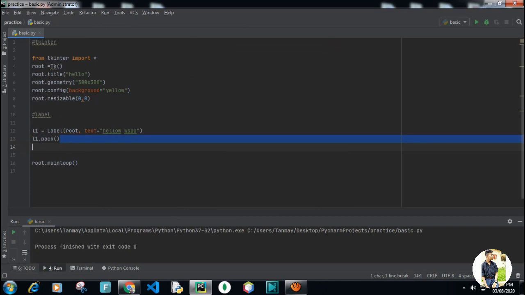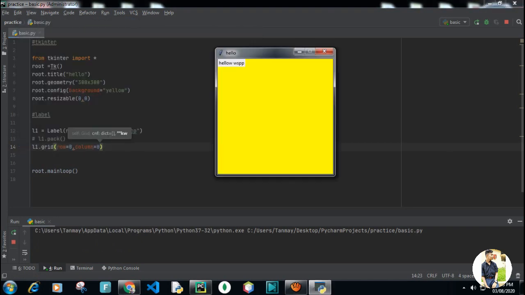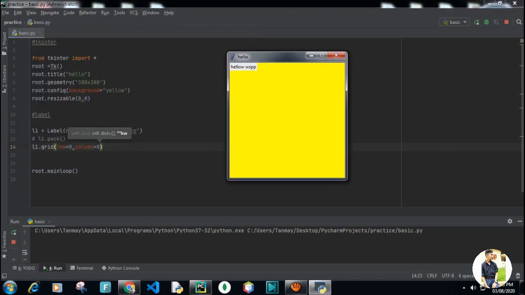Now I will comment this down. I will write L1 dot grid. Grid has row and column. Row I will set to 0, column I will set to 0. So you can see hello what's up appearing here.